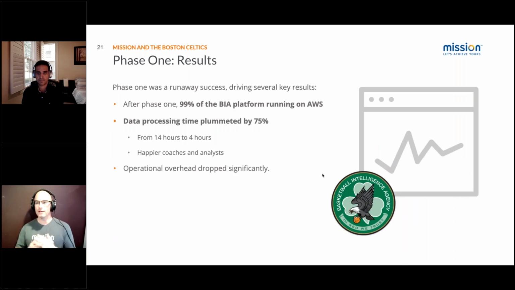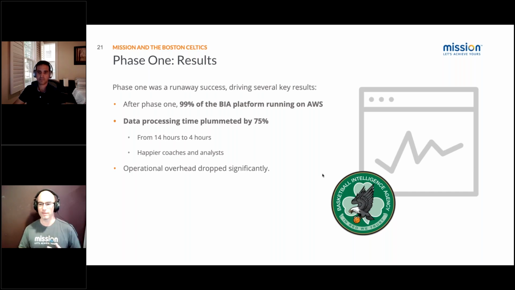Now, the results of this, it was a runaway success. We focused on a specific part of this. If you ever get a chance to go see the Boston Celtics' war room, or their basketball room, they have a panel on the door that says "In Red We Trust," and it's for their intelligence agency. As a former intelligence analyst for the military, I was super excited about this. I thought maybe I missed my calling. I should be a basketball intelligence agent, not a cloud architect, but that's another story. They have years of data, just tons of data sitting around. They are making multi-million-dollar decisions about this data. They are determining their game strategies, marketing strategies, and player development, all based on analytics.